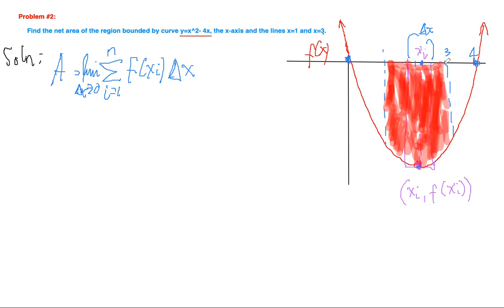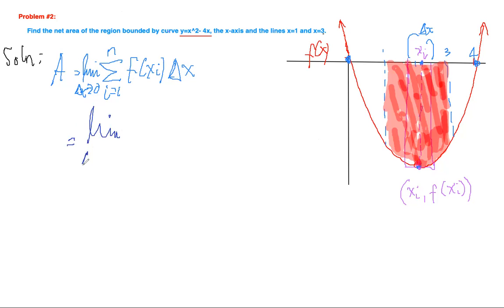This is the region that we're trying to measure. To get the area of the shaded region, we already used the Riemann sums, and this is equal to